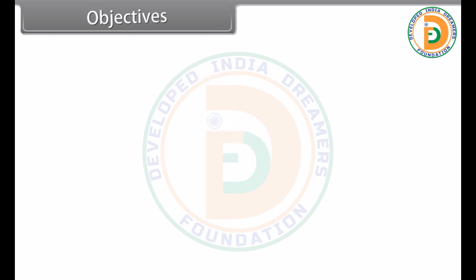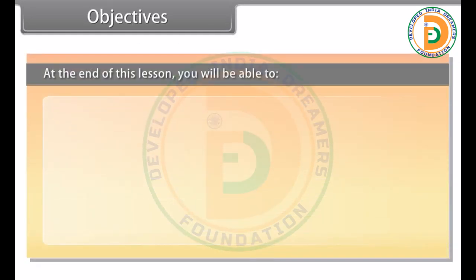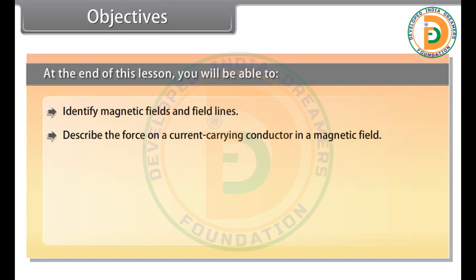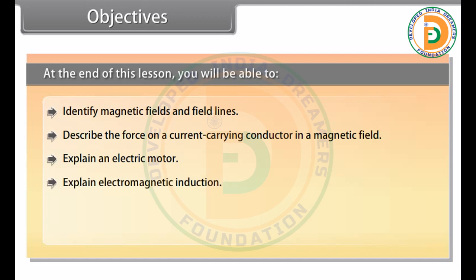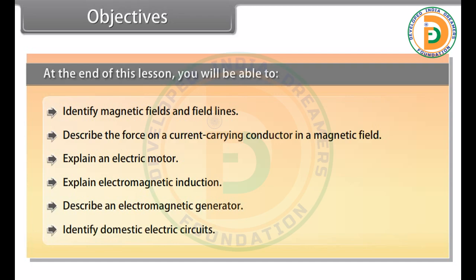Objectives. At the end of this lesson, you'll be able to identify magnetic fields and field lines, describe the force on a current-carrying conductor in a magnetic field, explain an electric motor, explain electromagnetic induction, describe an electromagnetic generator, identify domestic